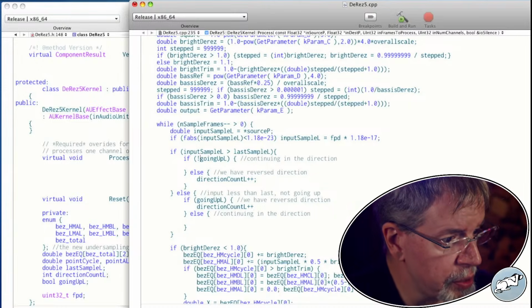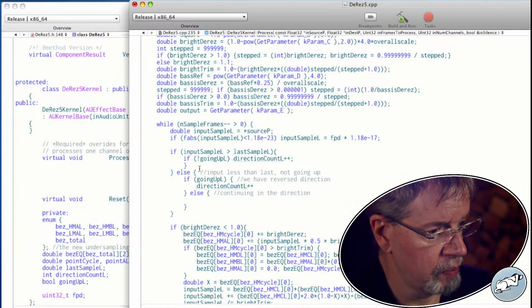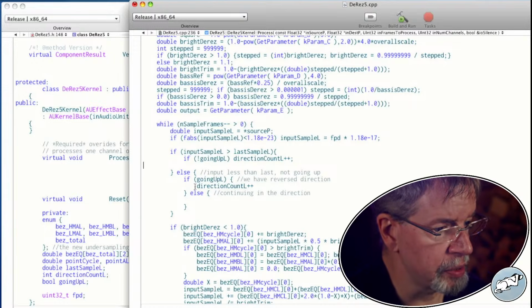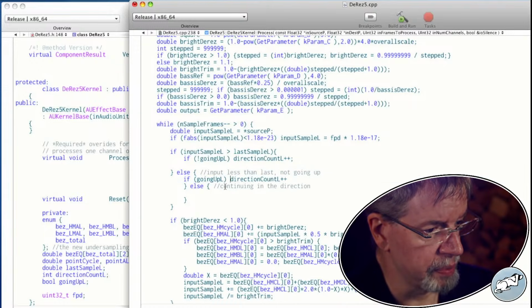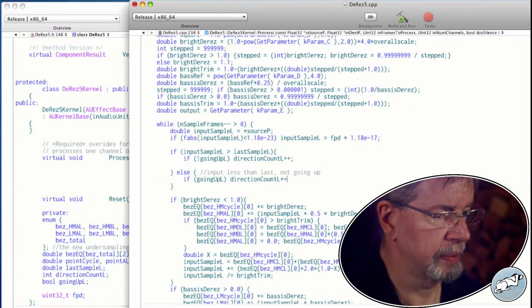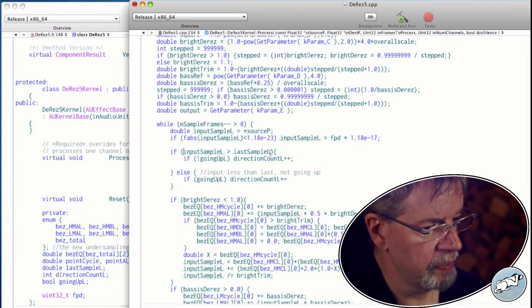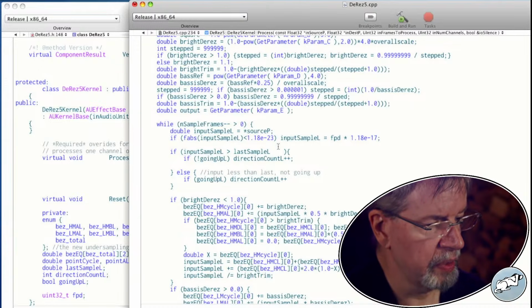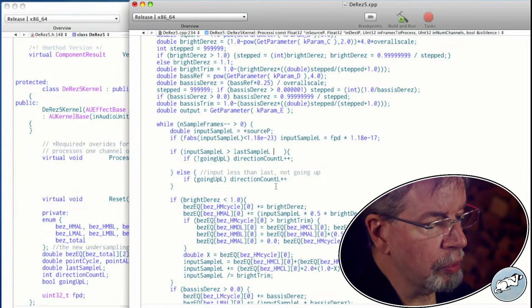So this equates to this. This equates to this. So that true.